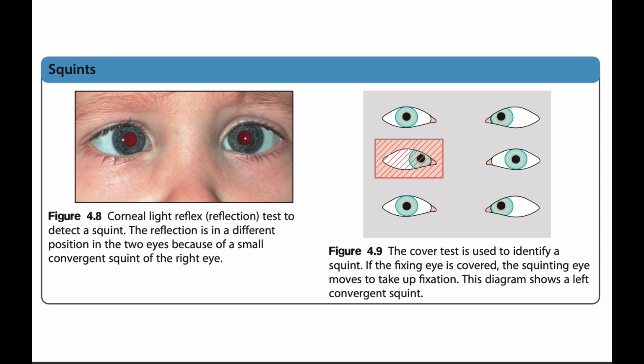Concerns: not smiling responsively by 6 weeks post-term. Concerns about poor visual responses, including poor eye contact, roving eye movements, nystagmus, and squint. Any infant presenting with an ocular abnormality needs prompt referral to an ophthalmologist, as some underlying conditions are sight-threatening and